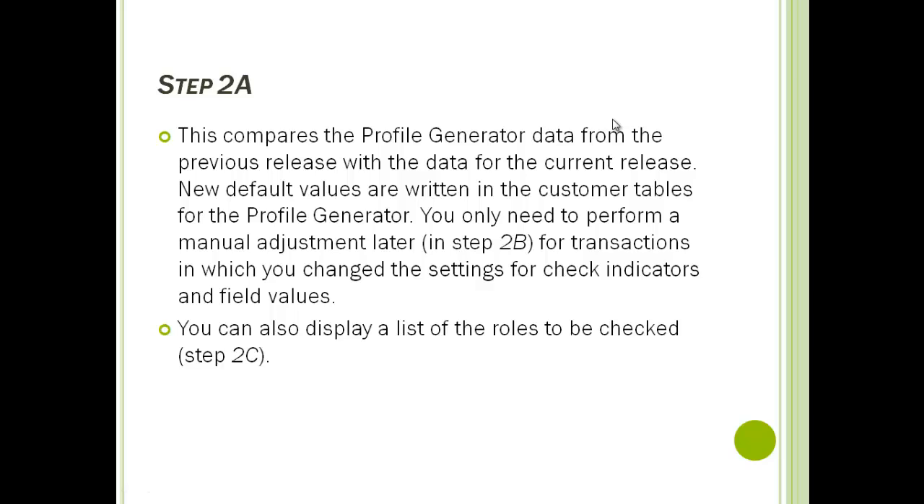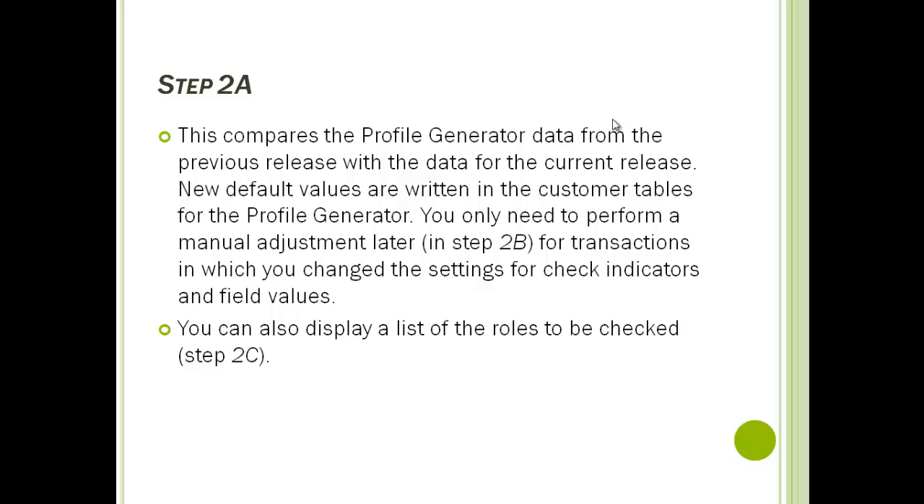So step 2A, what it does, this compares the profile generator data from the previous release with the current release. The new default values are written in the customer table with the profile generator. So it will compare the old and new values, and if new values are available, it automatically fills in our customer data. You only need to perform the manual adjustment later. That means in the next step, for the transactions which were changed, you need to manually add these fields, and anyway we will come to that step. It will be automatically marked. It will not be too complicated to do that,